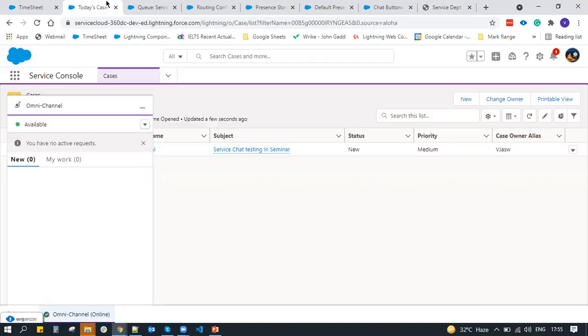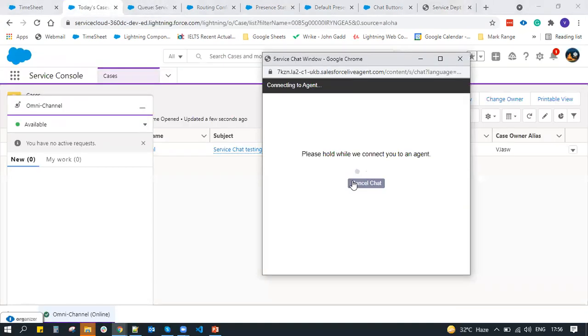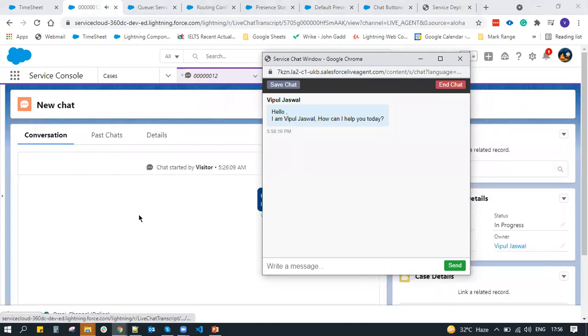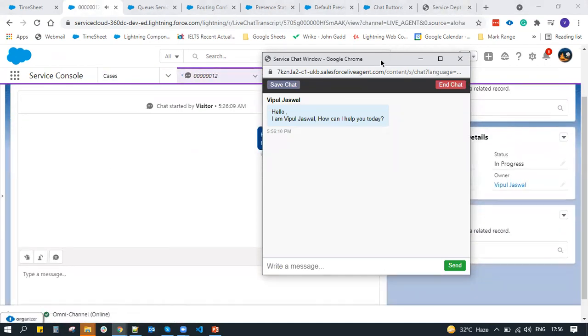You will see service department is online, is now active, but previously in live agents it was inactive for lightning experience, because live agent doesn't support lightning experience, whereas omnichannel does support lightning as well as classic. Okay, so for lightning environment, I told you like this is now active. Let us send a chat from here. Right, chat is sent. This is the lightning experience of chat.